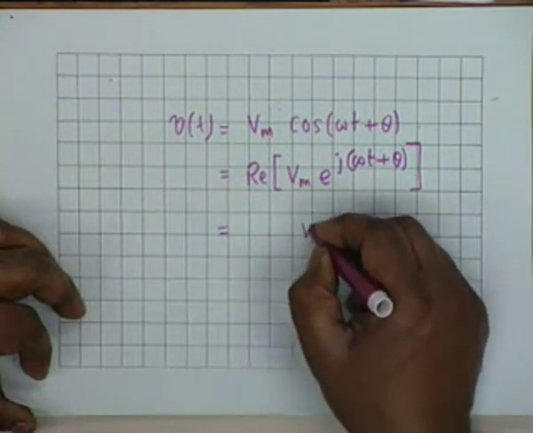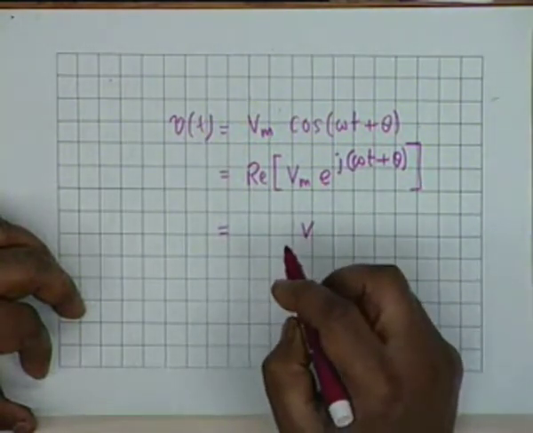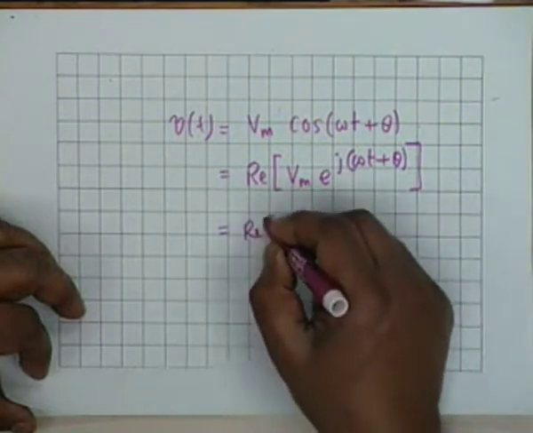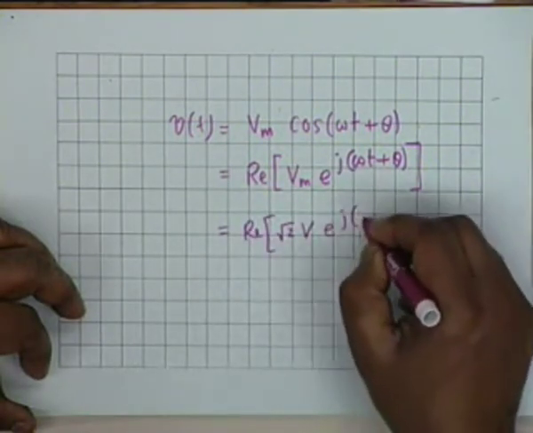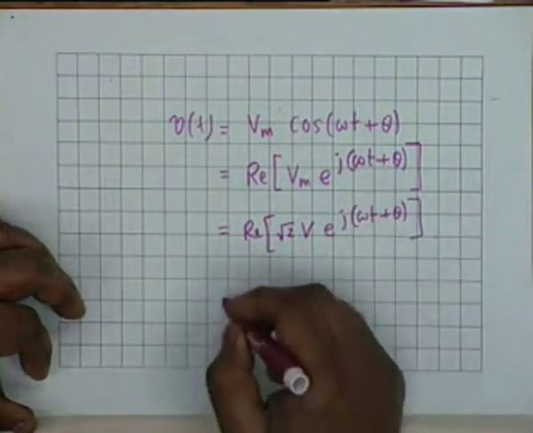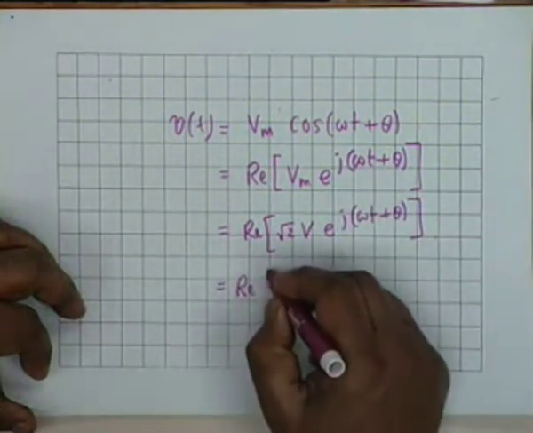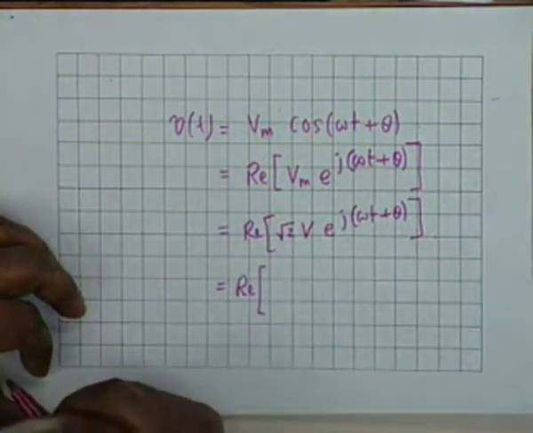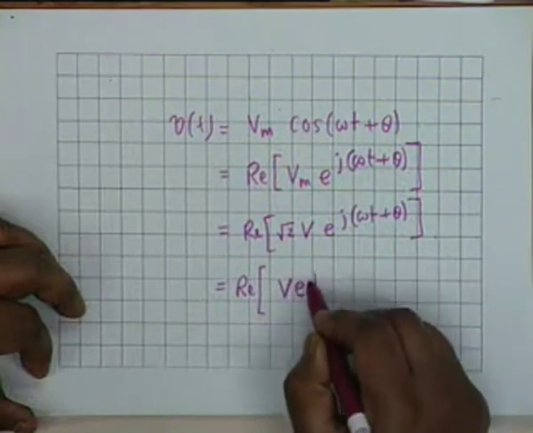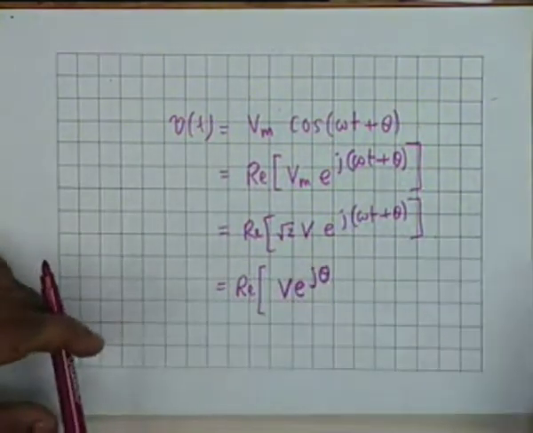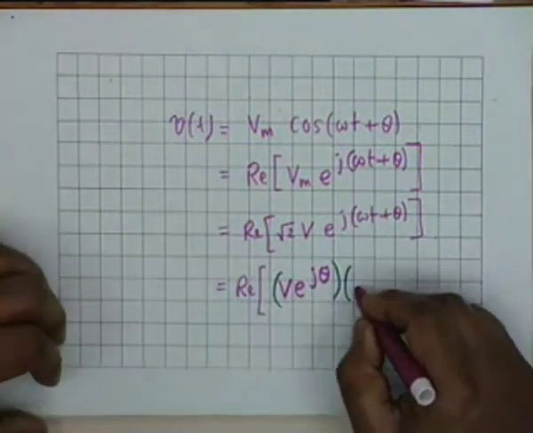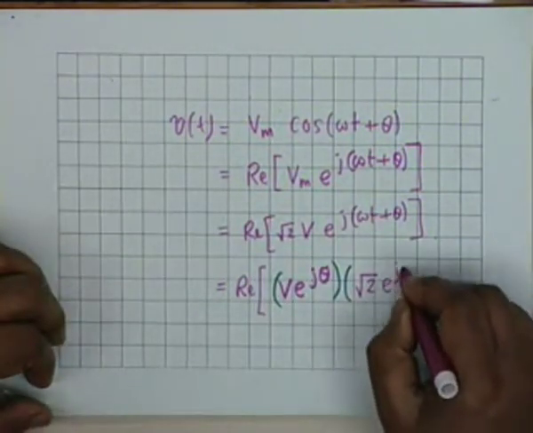If I represent the root mean squared value by capital V, then it is simply the real part of root 2 V e to the power j omega t plus theta. It is conventional to write this as the product of two quantities. One is V e to the power j theta, and the other is root 2 e to the power j omega t,